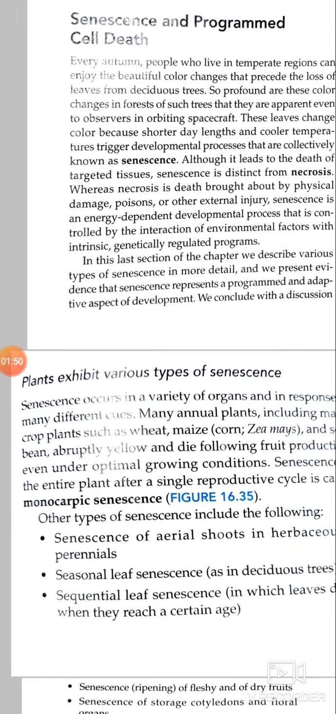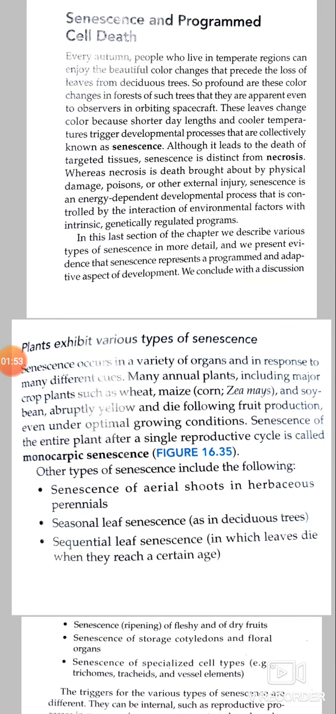Plants exhibit various types of senescence. Senescence occurs in a variety of organs and in response to many different cues. Many annual plants, including major crop plants such as wheat, maize, and soybean, abruptly yellow and die following fruit production, even under optimal growth conditions. Senescence of the entire plant after a single reproductive cycle is called monocarpic senescence. Other types of senescence include the following: